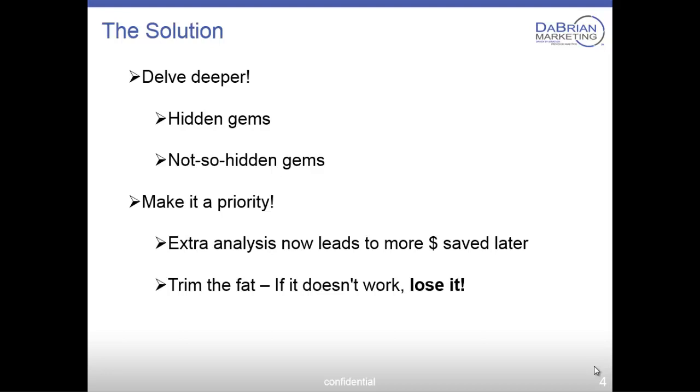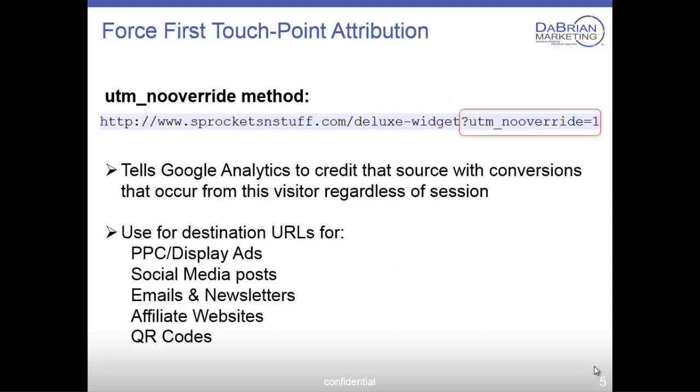So let's take a look at some of the things that you can actually do to assist with attribution modeling when it comes to Google Analytics. One of the primary things you can do is to force first touchpoint attribution when it comes to conversions in Google Analytics. This can easily be accomplished by appending the UTM no override method to the end of all